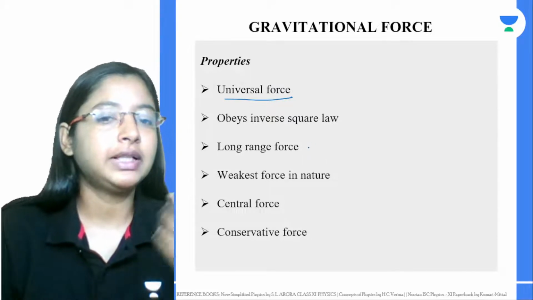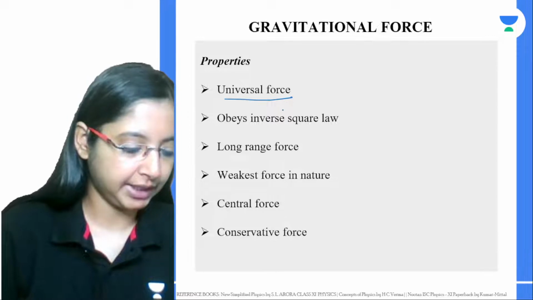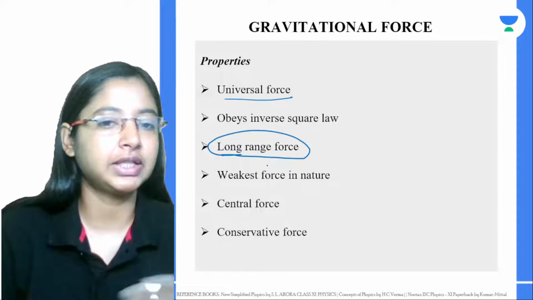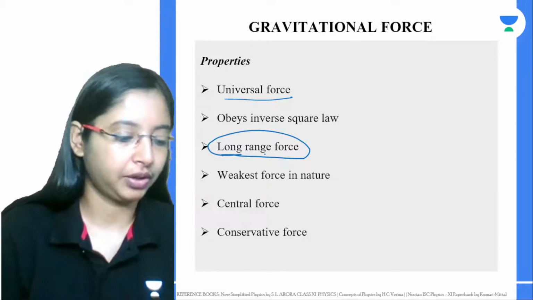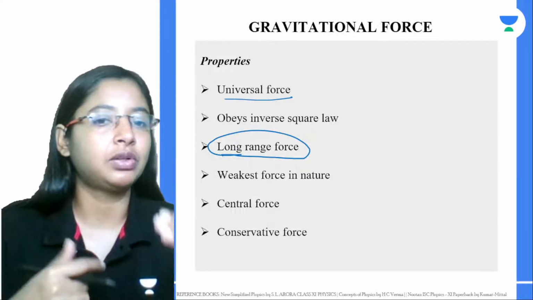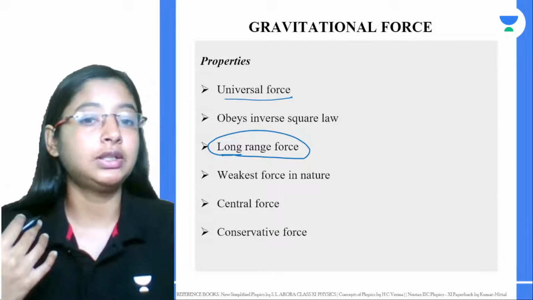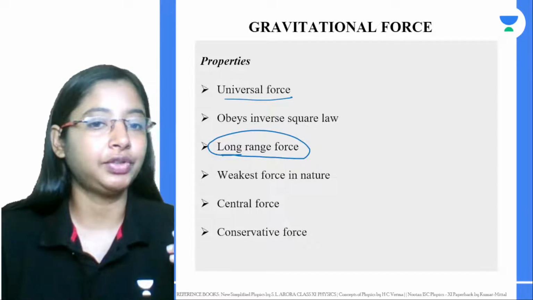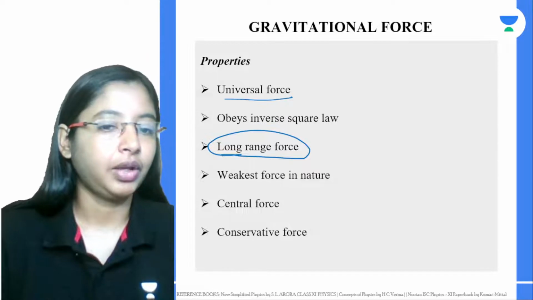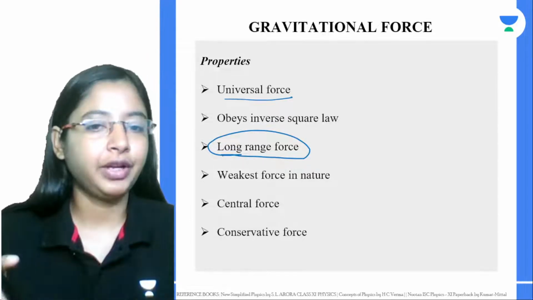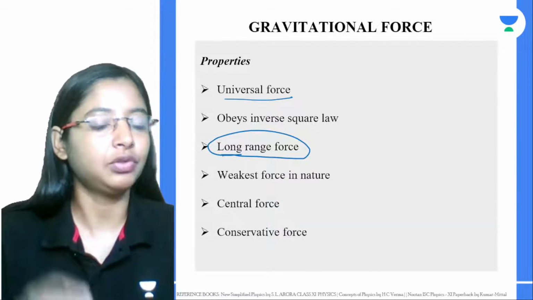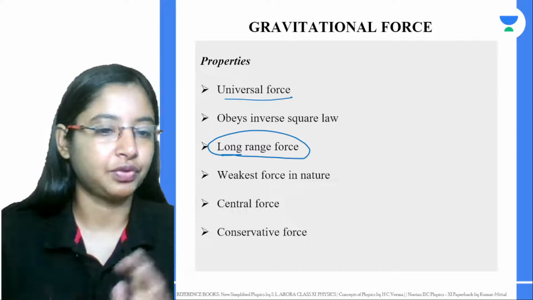Since it exists on a large scale, it's present everywhere, and we can say it is a long range force also. Even between two galaxies, the distance between them is long, yet it acts. The distance from the sun to the earth itself is long, but gravity is the reason the earth goes around the sun, so it's a very long range force. Though it exists everywhere in the universe, it is the weakest known force of all the fundamental forces. Gravitational force is the weakest force.